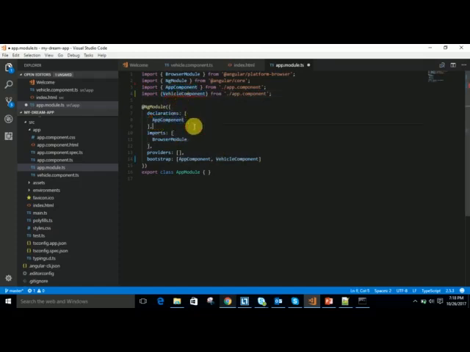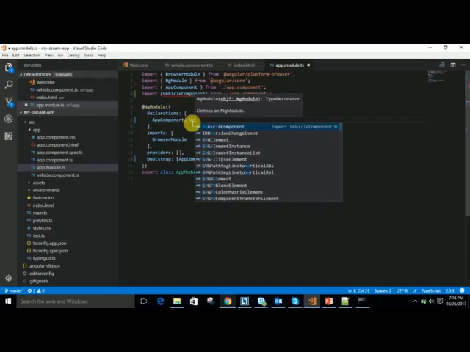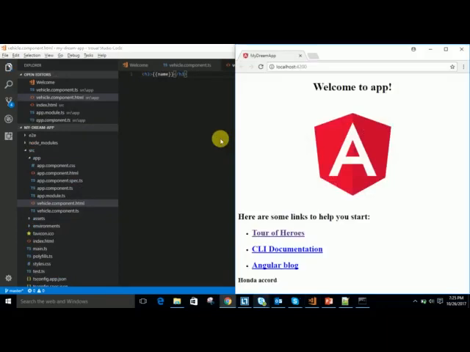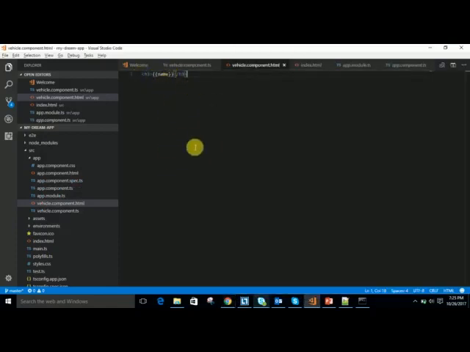Another thing that we need to do is declare our app component. I will tell you what declarations, imports, providers and bootstrap mean. So first we declare our component. Now it's showing an error because I did not save the file. So in this way we can also